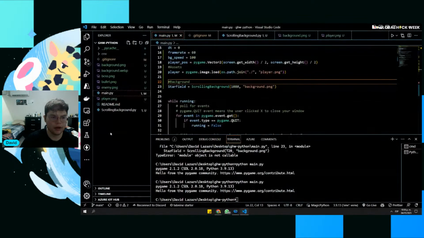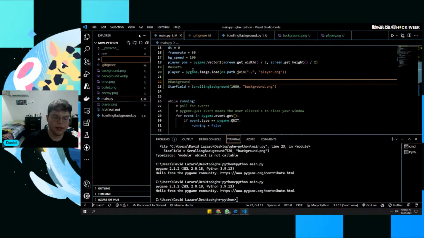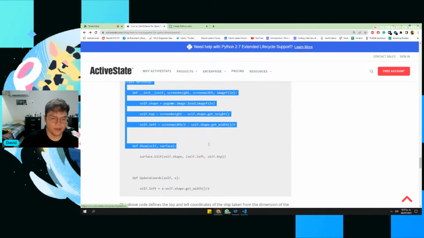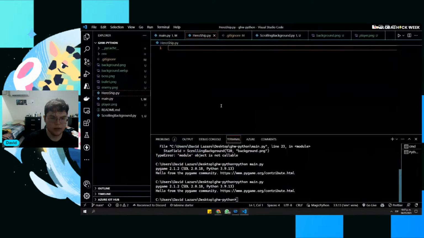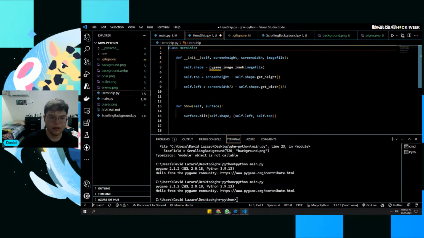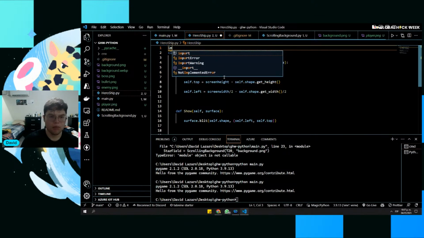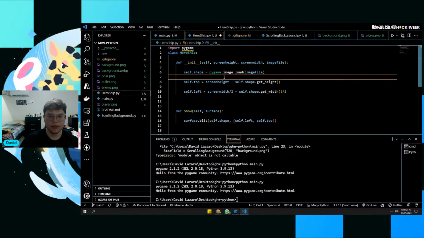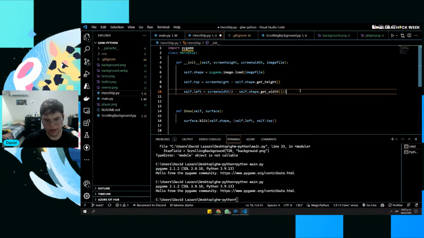Okay, so we're first going to create a new class called HeroShip. So our HeroShip class is going to have this. So let's import Pygame again. Import Pygame. And let's see what this does. All right, so we have our class HeroShip, and it has 3 arguments: the screen height, the screen width, and